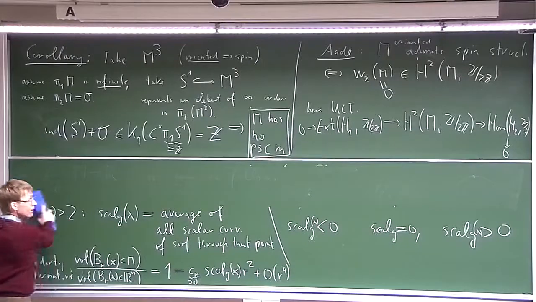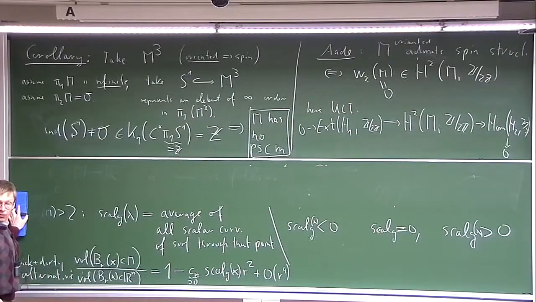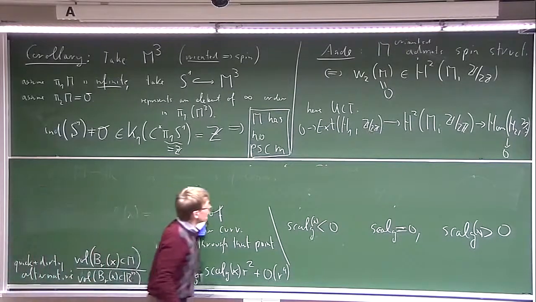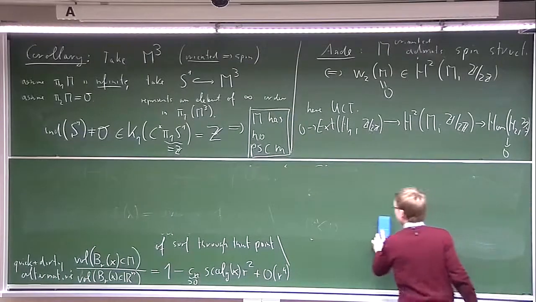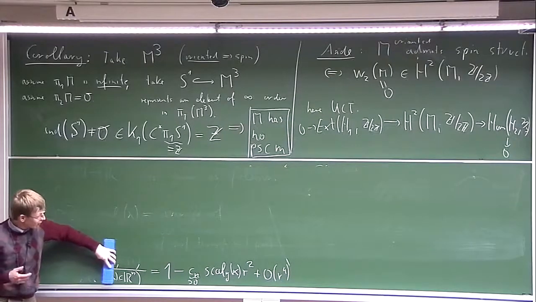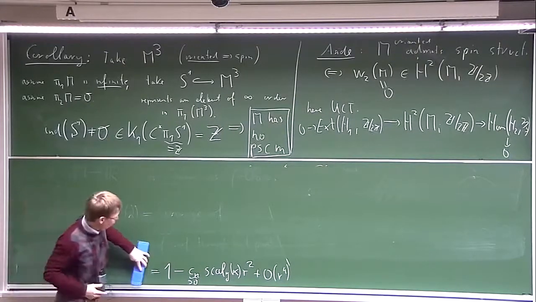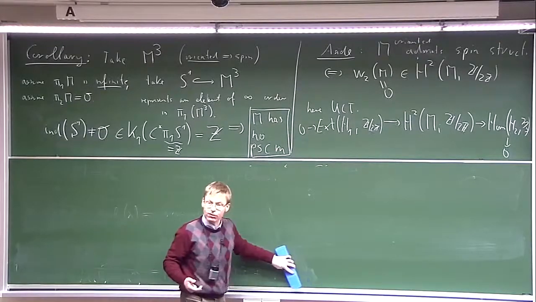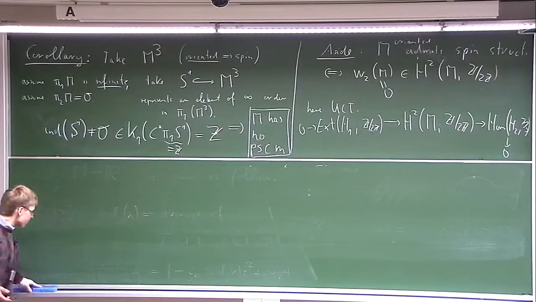Maybe this isn't quite relevant, but since we're more or less using classification anyway, is it possible to use the classification to get this in any other way? Yes. If one knows the Poincare conjecture or the classification of the three manifolds with finite fundamental groups, but just the full Thurston conjecture, you can deal with the positive scalar curvature question for three manifolds also in slightly different ways. You still have to probably involve the Dirac operator of some kind, an index theory, because you need an extra input why there isn't a positive scalar curvature metric.